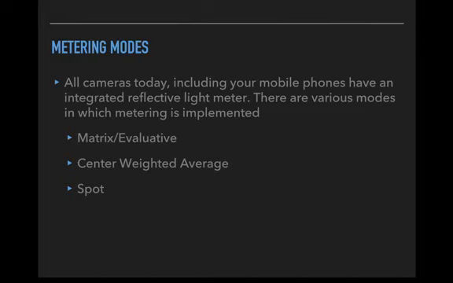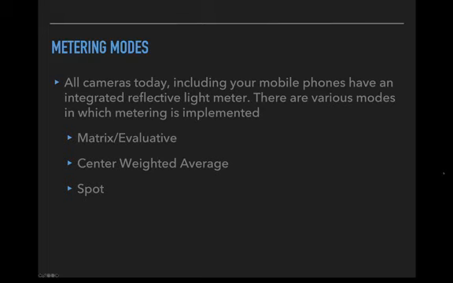What do I mean by that? The camera can actually capture a bunch of light information. It can capture a bunch of comparisons. And then based on how that information is given to the camera, it can decide what readings to present to you, the photographer. So there are different ways in which the camera meter can work, and these are the three most common kinds of camera metering modes: the evaluative metering mode, the center weighted, and the spot metering mode.